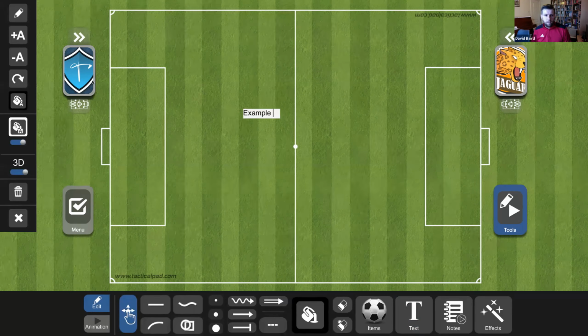Make it bigger, remove the background, put it where you would like the text to show, then click off the text. Or we can add notes also. So when we have